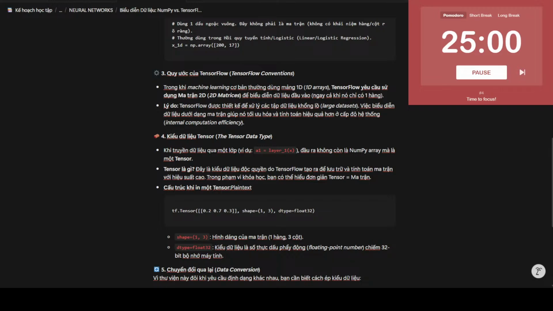numbers is actually going to be a 1 by 3 matrix. And if you print out A1, you will get something like this. It is a tf.tensor with values 0.2, 0.7, 0.3, and a shape of 1 by 3. 1, 3 refers to that this is a 1 by 3 matrix, and this is TensorFlow's way of